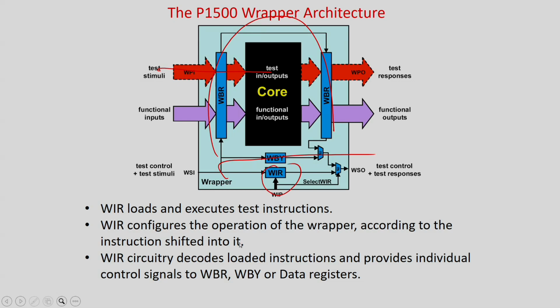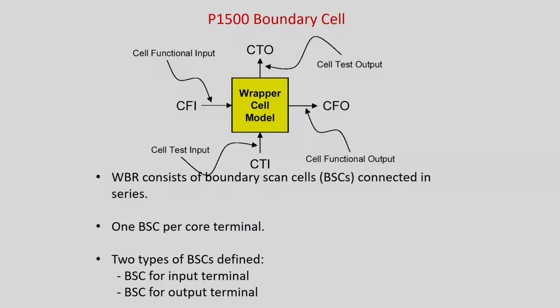That means the instruction is given in the serial form, and after the whole instruction is shifted, it takes the action. The WIR circuitry decodes the loaded instruction and provides the individual signals to buffer register, analyzer and data registers. A very simple idea. And as I told you, if you ask me how this cell looks like, so this